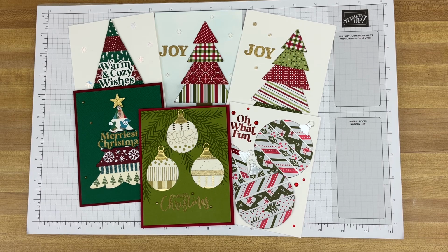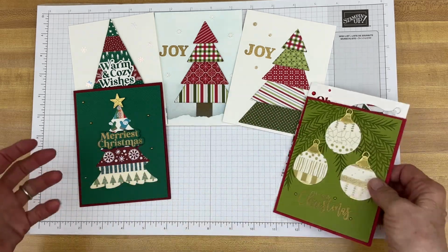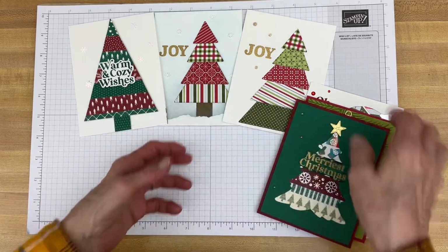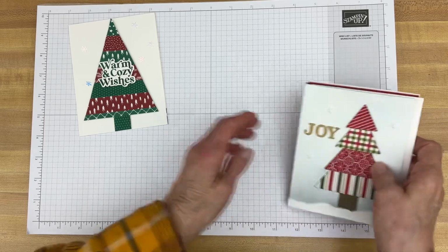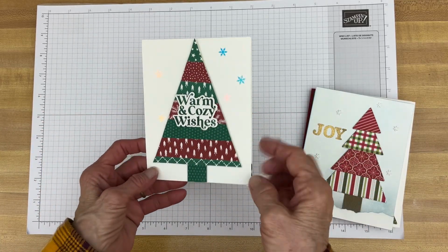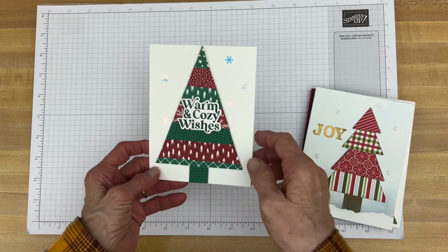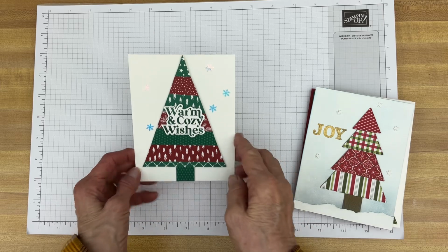I was just really surprised at all the little things I had here and there that I could be using that for some reason I'm just collecting. So that's how these cards came about. And the first one I want to talk about is a really easy to make card, and it really doesn't take any special die or anything. It just takes some scraps and, as you can see, a greeting. And then I do have these little iridescent snowflakes, but